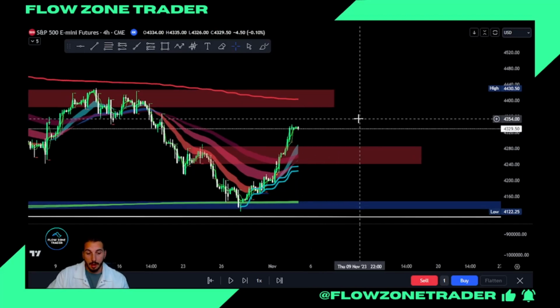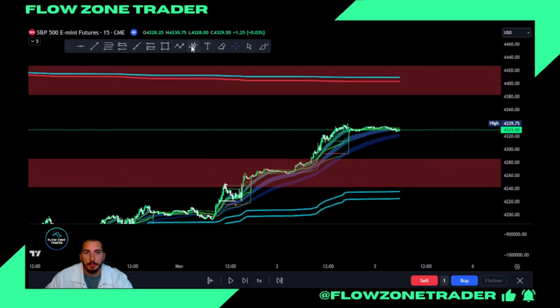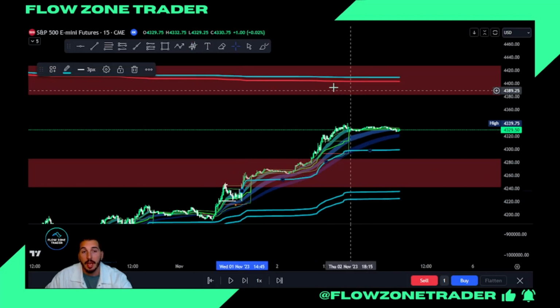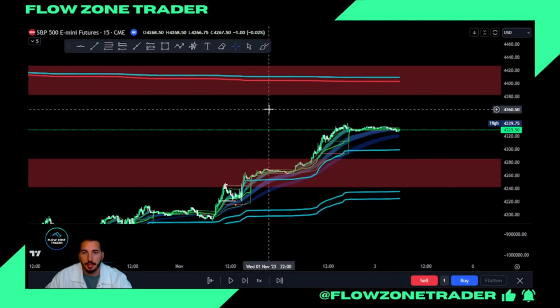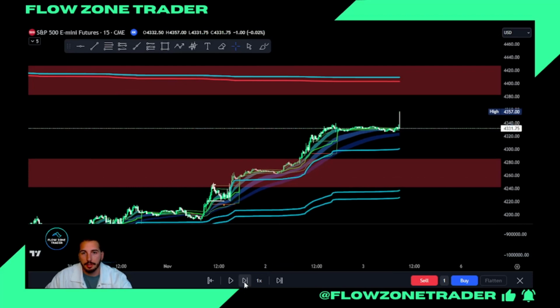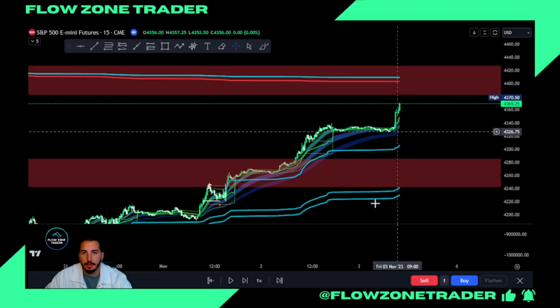So let's go down to a lower time frame now. I'm going to go into a 15-minute chart. Okay, and we can add some more anchors here. So we can add an anchor from this point here, and you'll see that price is holding. And what I'm also going to do, which I showed on my Twitter, once we get there, is add one from the NFP candle. So let's just zoom along a little bit. Is that the NFP candle? That is the NFP candle.